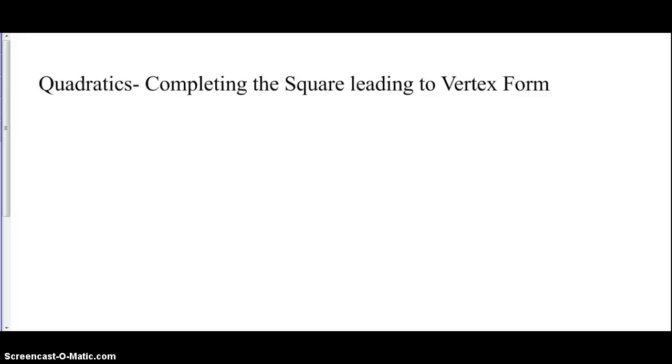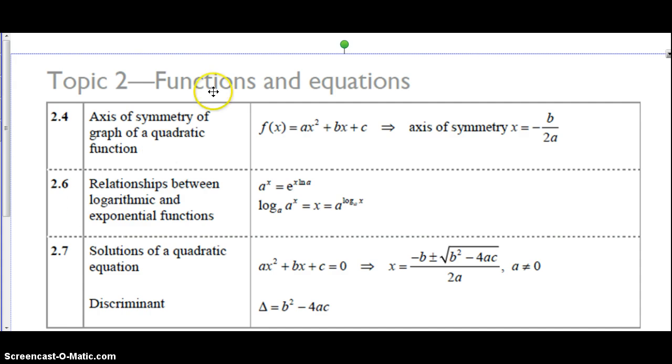Hello IBSL2. This topic is quadratics, completing the square leading to vertex form. I want you to first look at some formulas that we have in our formula booklet for functions and equations. Topic 2 does give you the axis of symmetry of a graph of a quadratic function. So if you see that word come up, or if you need to find the axis of symmetry of the parabola,